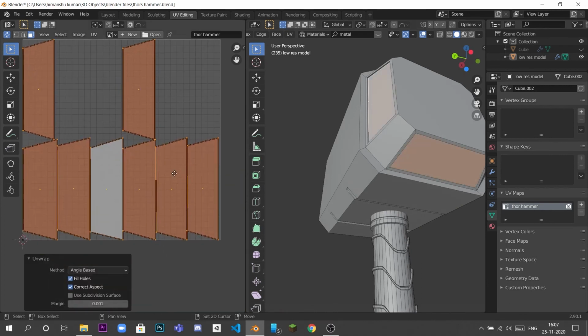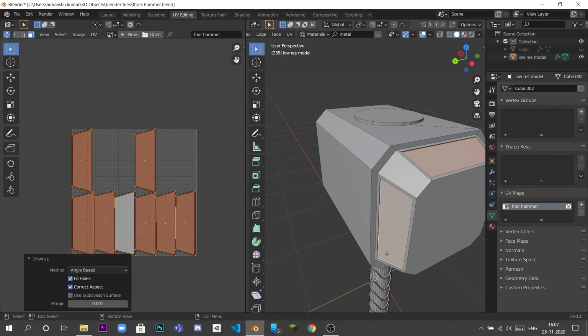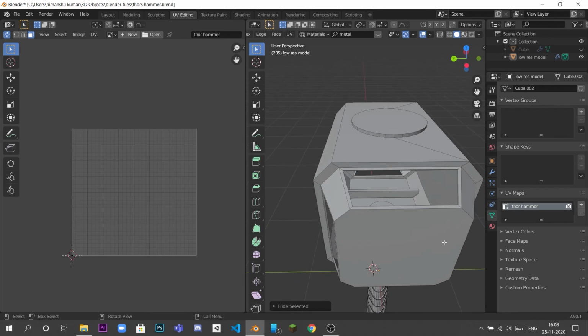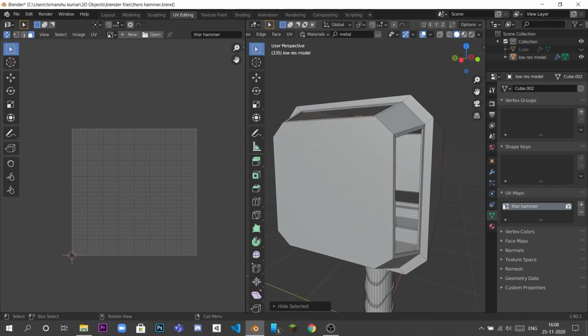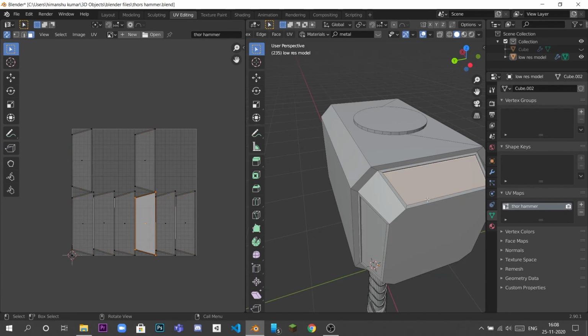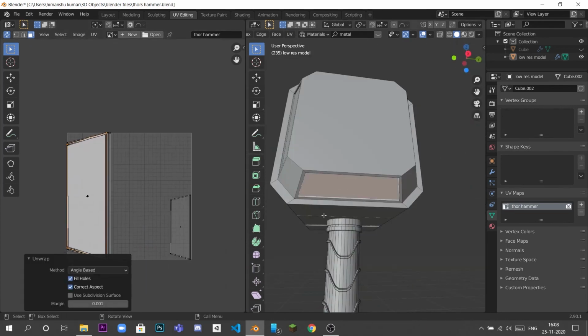And we have this unwrap here, and we can do it simultaneously for each of the others. I always hide what I have unwrapped, so I can know which faces I have unwrapped and which I have not. But one thing I want to tell you is that all these faces are going to have the same sort of details, so I prefer to overlap these, instead of doing them singly.